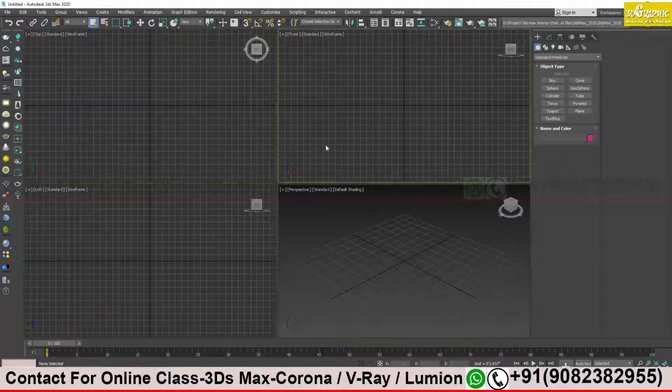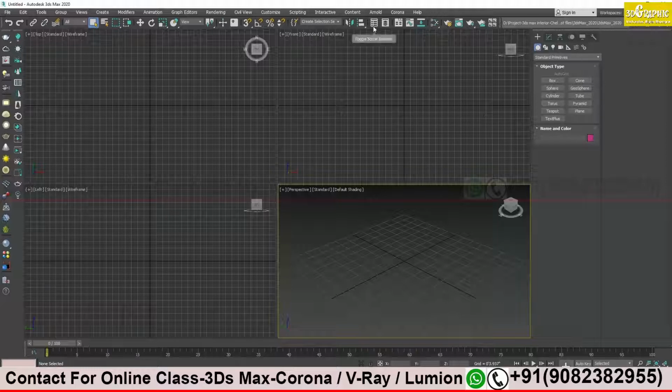This is my blank file. If you want to work professionally with measurements, it is very important that before you start working, you set your unit scale, the measurement scale. You want to work with inches, feet or centimeters. You have to decide it first, before the actual work begins.